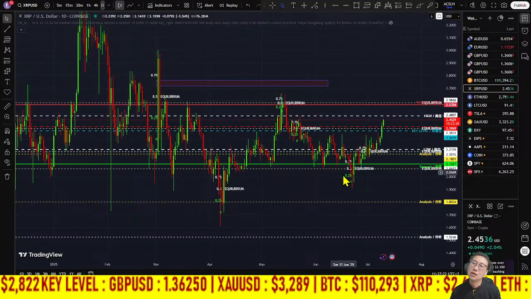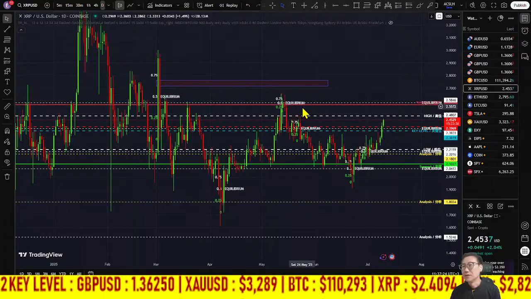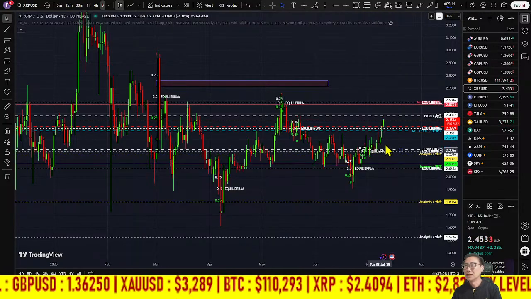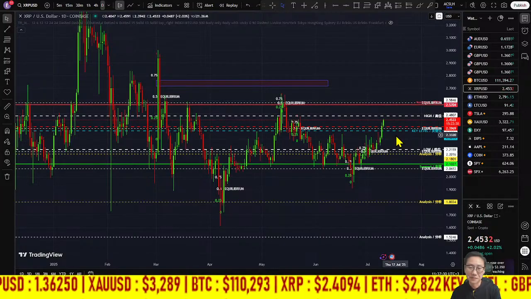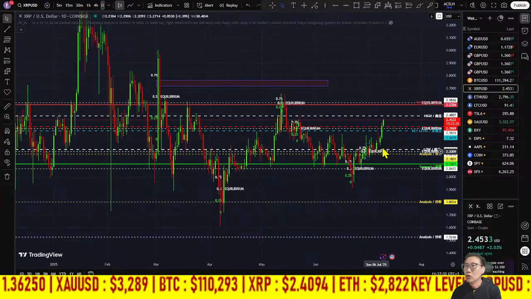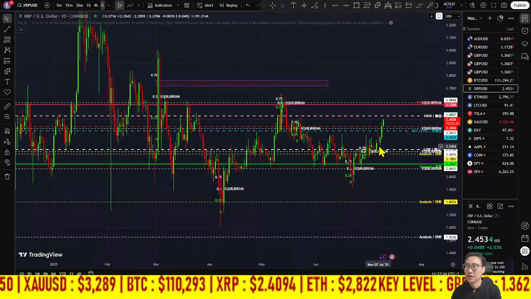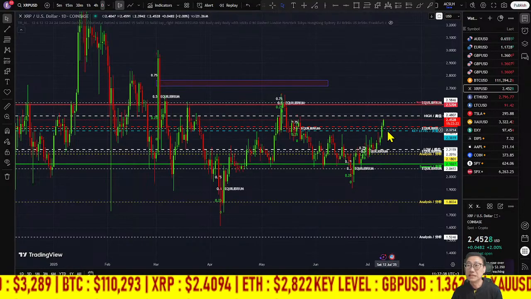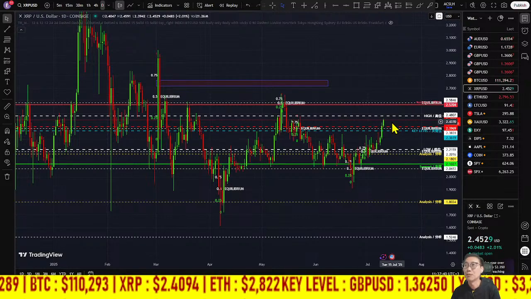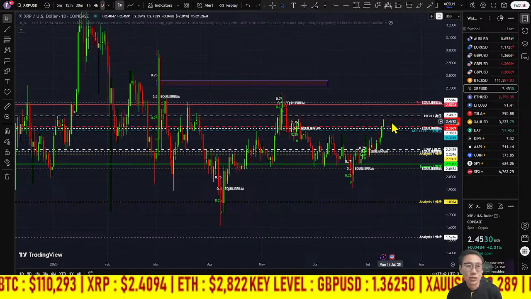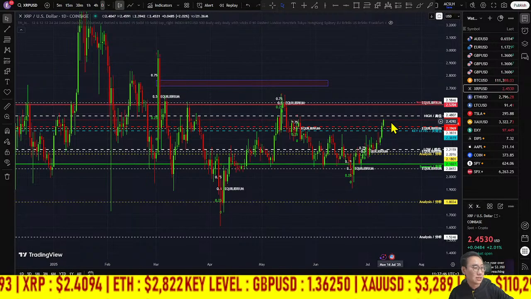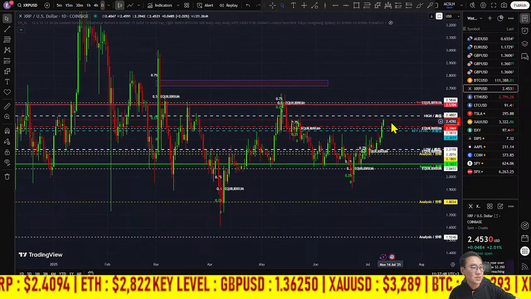Basing on textbook, we can see an inverse head and shoulders surfacing with higher lows. There are plenty of higher lows in the lower time frame, showing that the confidence in the market is still pushing the XRP higher. So actually just now, when I was